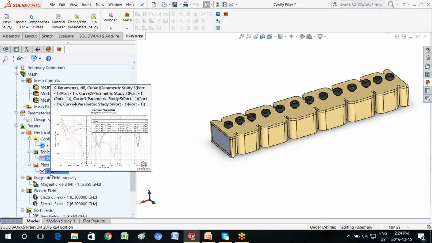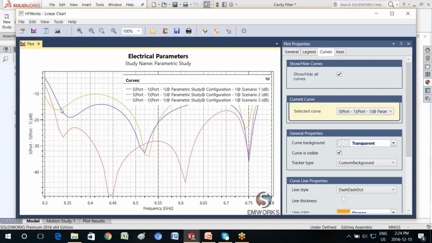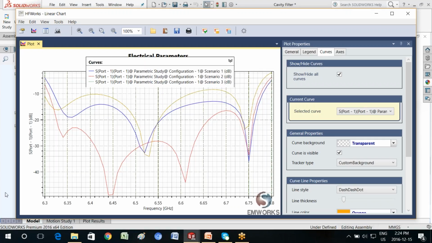Now the next thing is, let's look at the plot, basically the S11 plot. Now we have 3 scenarios here, and here is a look of the S11 plot for the various scenarios. As you see here, the red one, which corresponds to scenario 2, seems to do very well because it has a very low value.